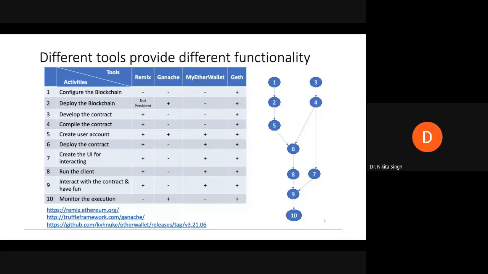Okay, so we were talking about the Solidity programming language, which is an object-oriented programming language which has been developed to interact with smart contracts.